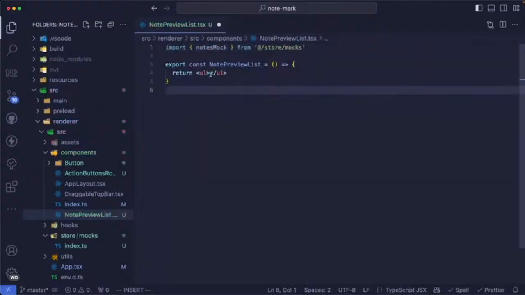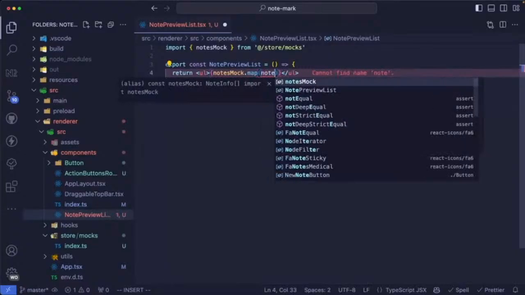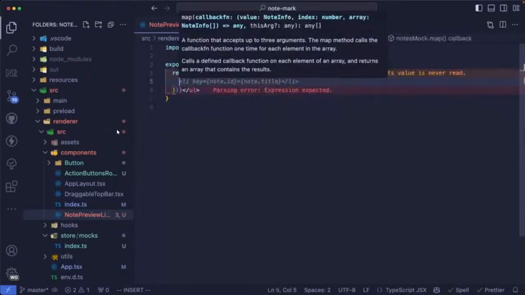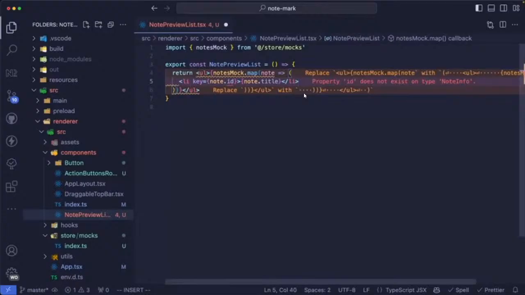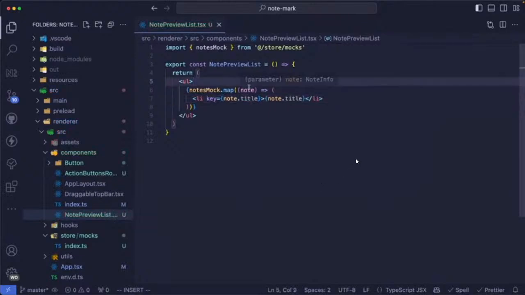Inside our unordered list, let's iterate over these nodes and let's map it over a basic string. Let's return a list item, and as a key we are going to use the title of the nodes. Okay, great. Now let's export this